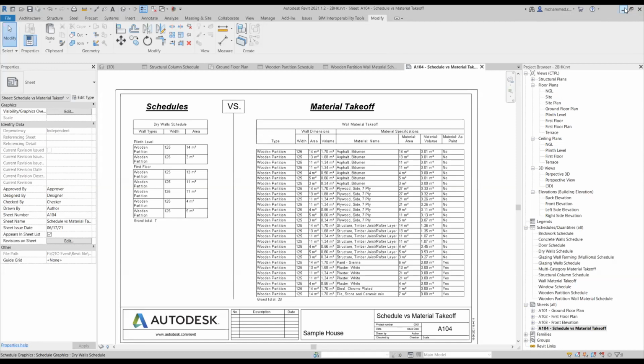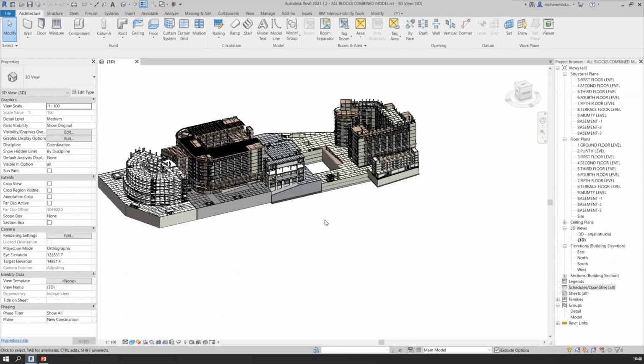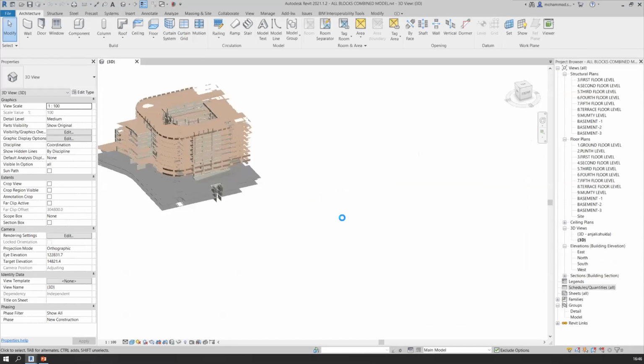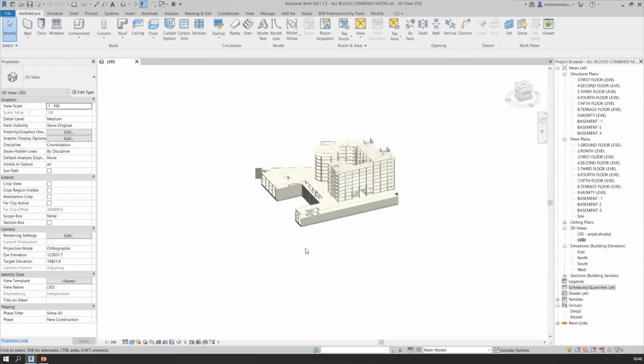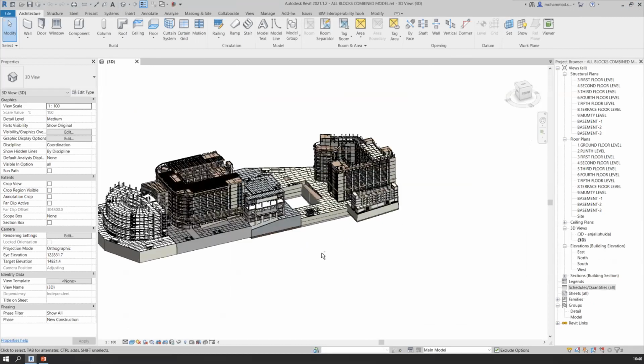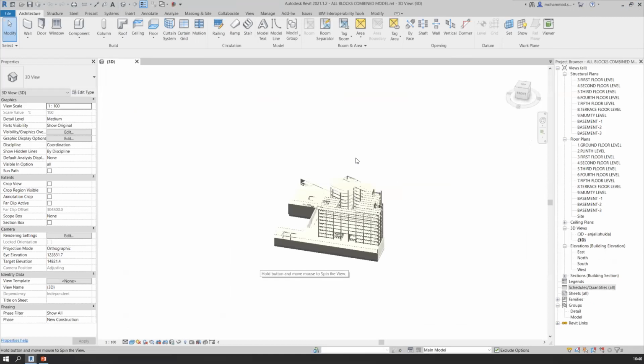I've opened a few models in my background, and I'm sharing my other screen. I think my screen is visible. Pallavi, can you confirm? Yes. Okay. As you can notice, this is one such project we worked on for a client, and this was done in parts in different blocks. Just to give you an idea, I've opened the architecture part of it.